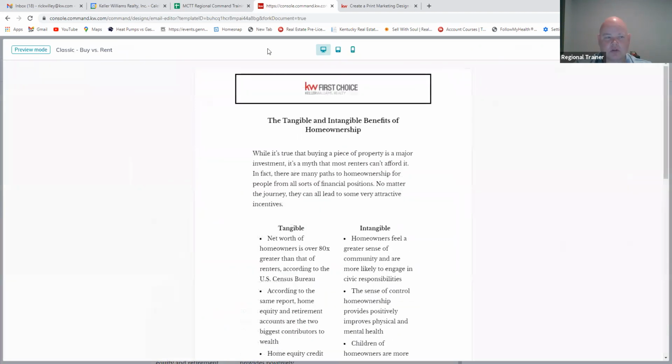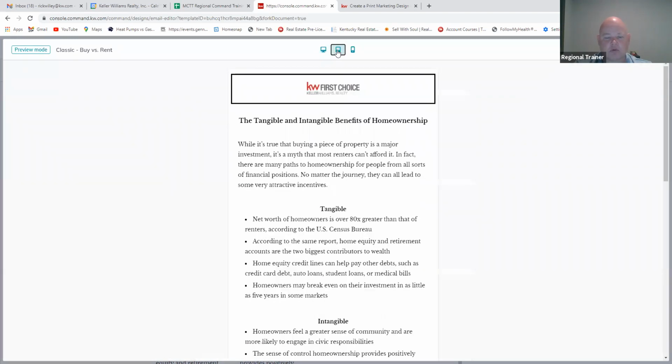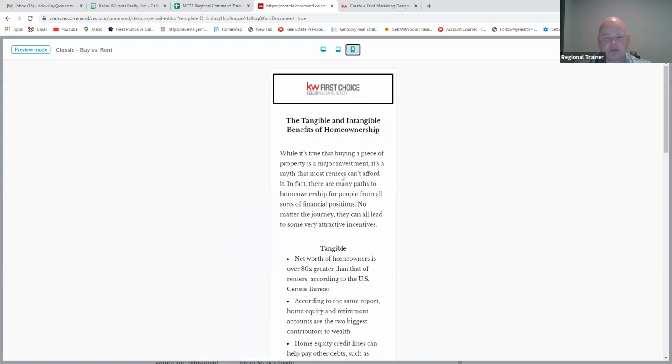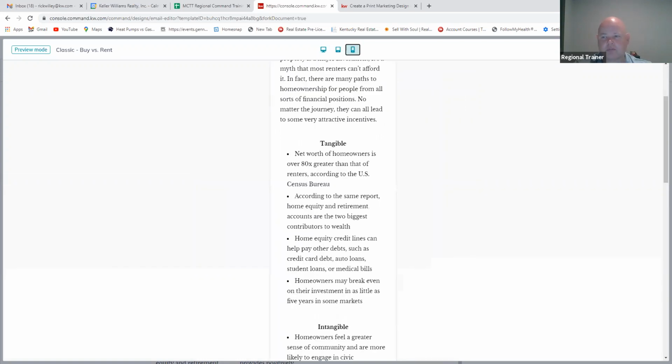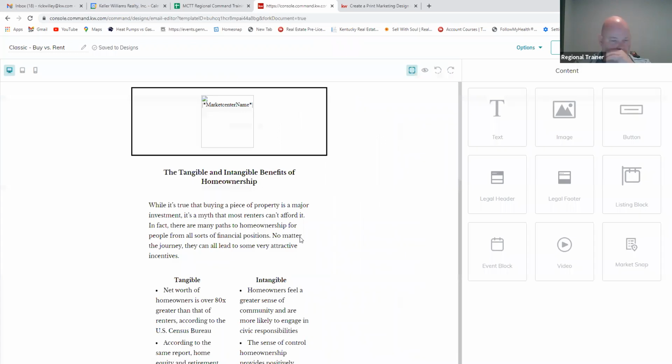And then also here, I'm in a preview mode. That's a computer. I can also look to see what it's going to look like when a person views it on a tablet, and also what they'll see when they pull that up on their iPhone. So now I know what the landscape of that looks like. If I want to tweak this even more,